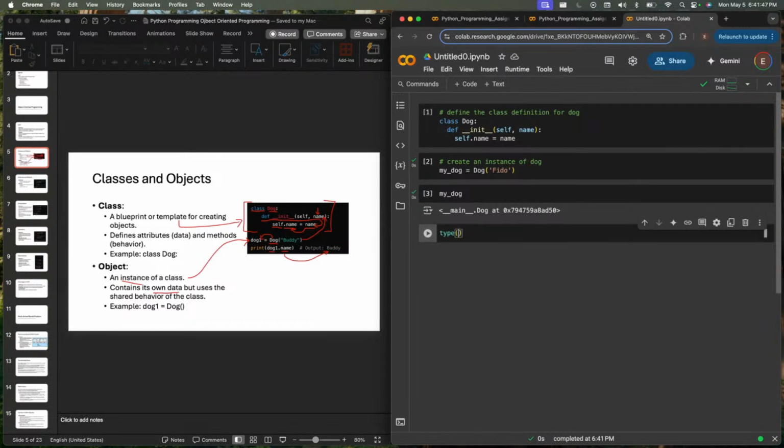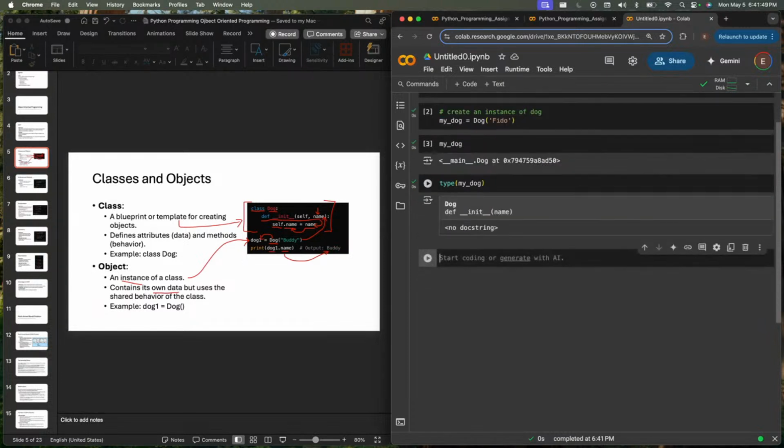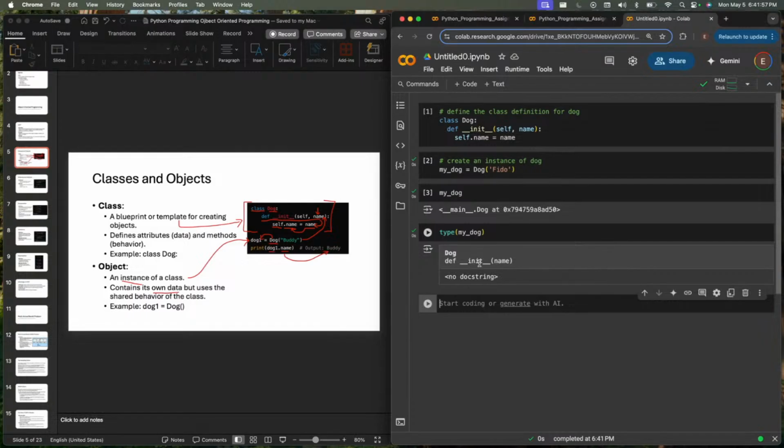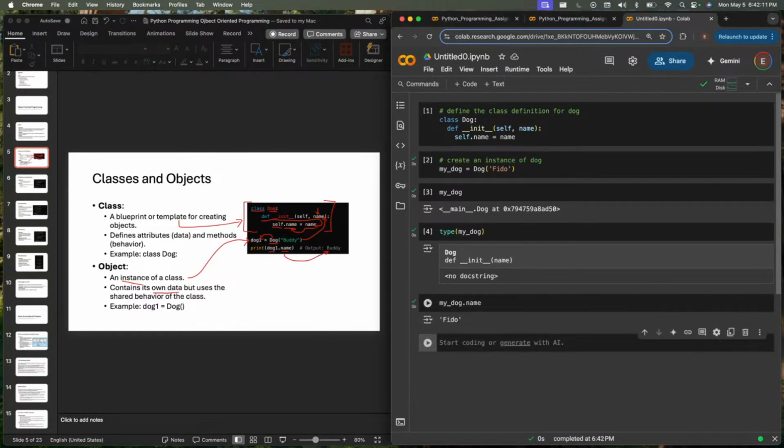If we do type of my_dog, we can see that it's a Dog object. We didn't create any docstrings with it, and it tells us that our initialization takes in a parameter name. If we press dot after my_dog, we can see we have only one option, which is name. We run my_dog.name, and we get Fido.